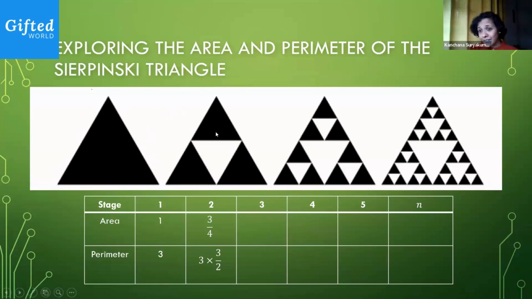Because what I want to see is what happens to the area. If I move to the second figure, you notice it is broken into 4 equilateral triangles and 3 of them are shaded, which tells you that the original area is broken into 4 parts and you're taking 3 out of those 4 parts. That means your area is going to be 3 by 4 of what was there in the previous one. Okay, let's go back and think about what is happening in stage 3, 4, and 5. Any answers?